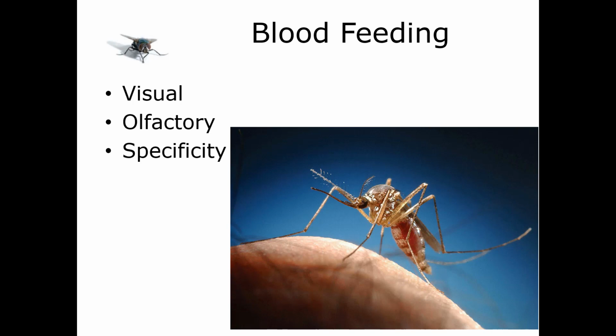So you're trying to block that CO2, that lactic acid, those odors from the bacteria. Those of us who aren't very attracted to mosquitoes, we can get away with those really nice smelling mosquito repellents, or those really natural ones, lemongrass and Skin So Soft from Avon and all those sorts of things. People who are super attractive to mosquitoes, you try one of those things and mosquitoes can be like, okay, nope. And they're going to be able to smell you through it.